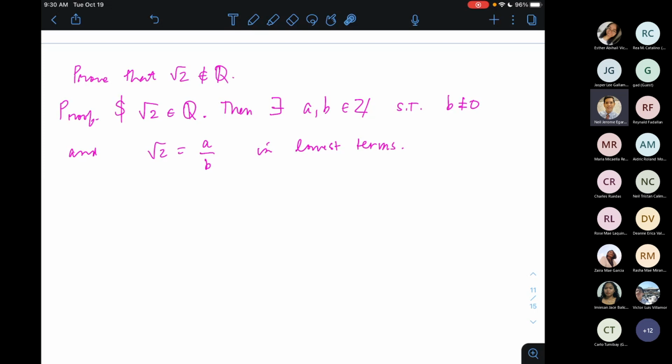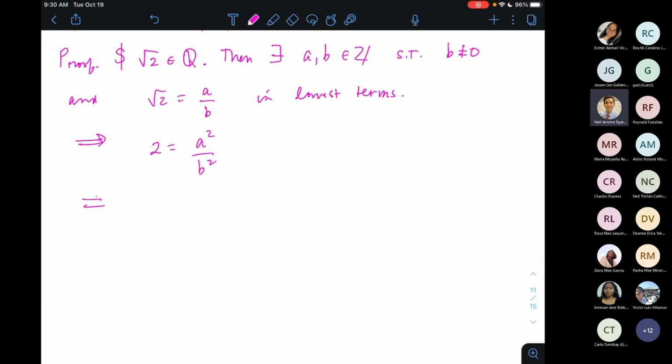Alright? And that is perfectly fine. Okay. And then what can I do next? Oh, I have an equation. So baka pwedeng i-multiply ko or square ko both sides. Okay. So square for both sides, I'll get 2 equals a squared over b squared, or that is 2b squared